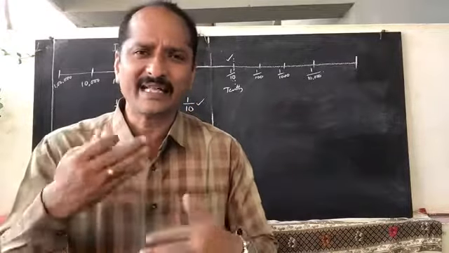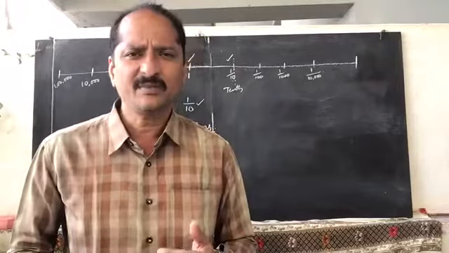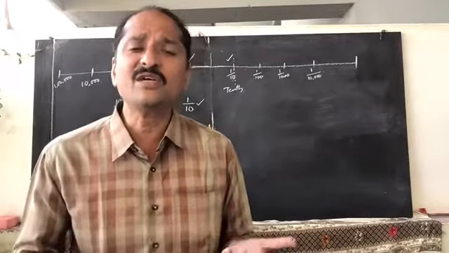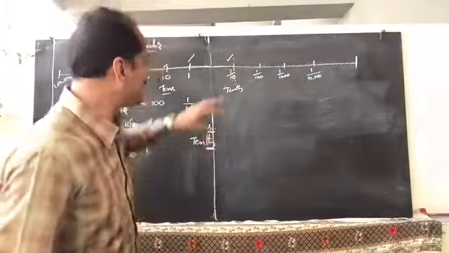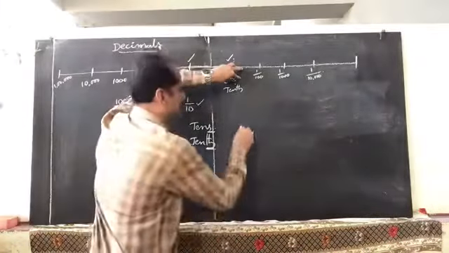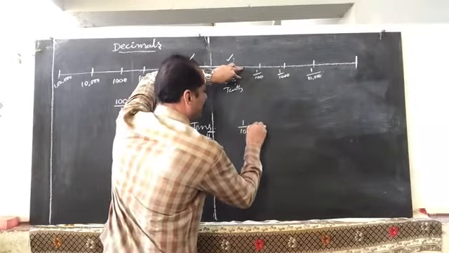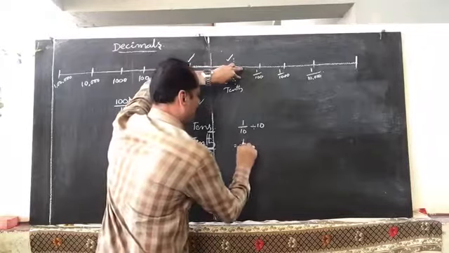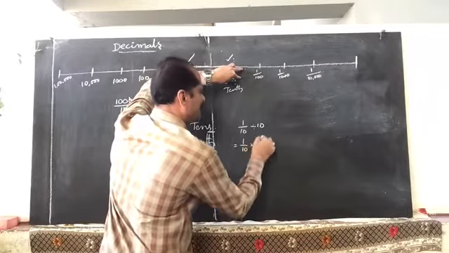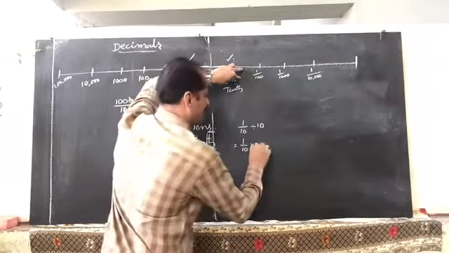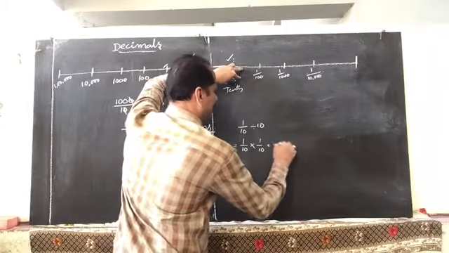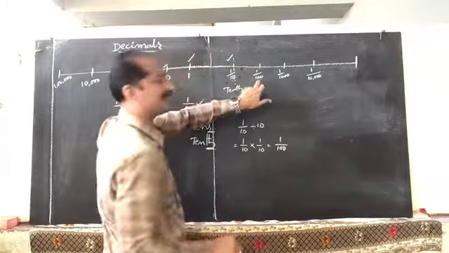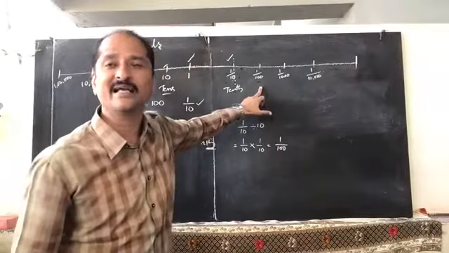Next lower than 10th place, are there more? Or did they end with the 10th place? No. So there are again next lower places. Now what is next lower than 10th place? Again that place should be divided by 10. That is 1 by 10 divided by 10. So how can you divide a fraction by a whole number? Multiply with its reciprocal. Reciprocal of 10 is 1 by 10. That is equal to 1 by 10 into 1 by 10. 1 into 1, 10 into 10 is 100. 1 by 100 we are getting. That is the next lower than 10th place.